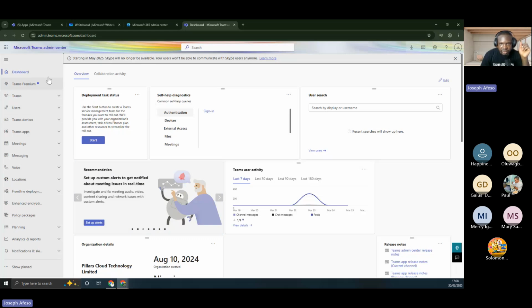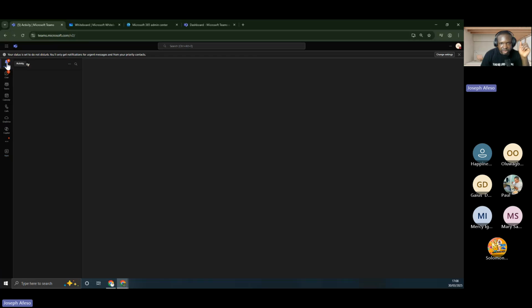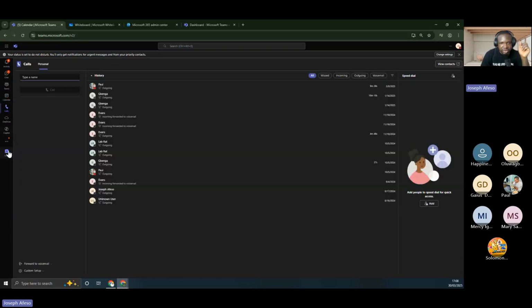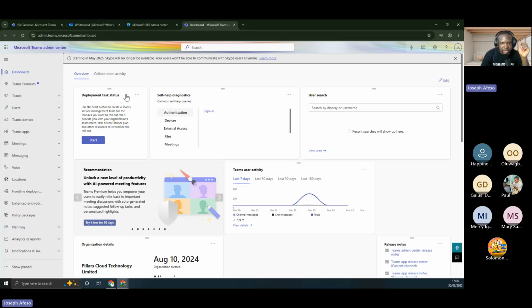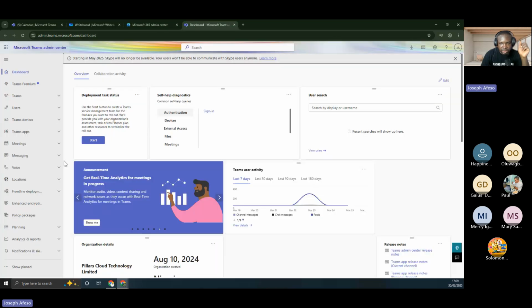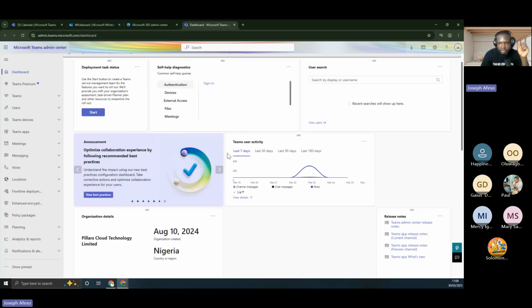So what happens here, right? Whatever happens here in terms of notifications, in terms of whether you want to allow chats, in terms of Teams, calendar, calls, all these applications that are showing up here, is a function of what you have set up from the Teams admin center. So this is like the back end of this one, right? I may just walk us through a tour around this admin center. I will just see things around, right? There is nothing really big.